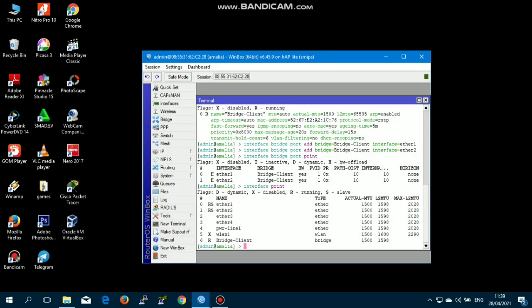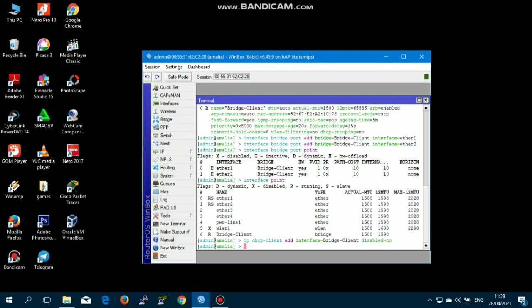DHCP client configuration. Make a DHCP client configuration for the bridge client interface so that later the client routers get an IP address and can connect to the internet network with the command IP DHCP client add interface bridge client disable no. Don't forget to check it with the command IP DHCP client print.